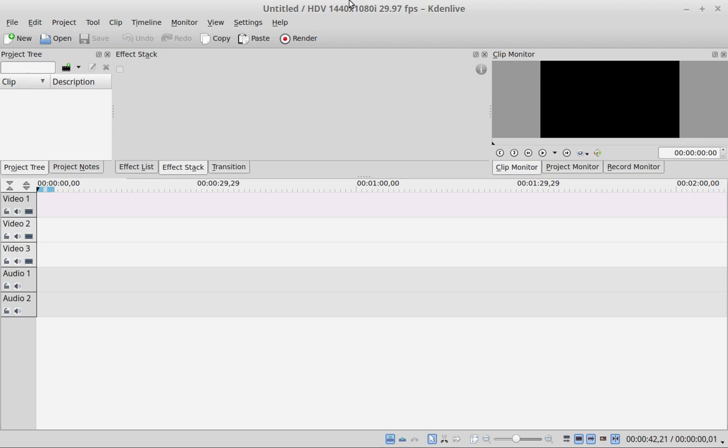And it's a very good editor, and it's gotten better and better and better. And as a matter of fact, there's a brand new version of Kdenlive that has just come out, which is really awesome. This one's a little bit older, but it does what I need it to do, which is basic editing. And then you can render things as like MP4 files or whatever, the codecs that are available to you or whatever you want to use. So that is the video editor that I use when I do video editing.